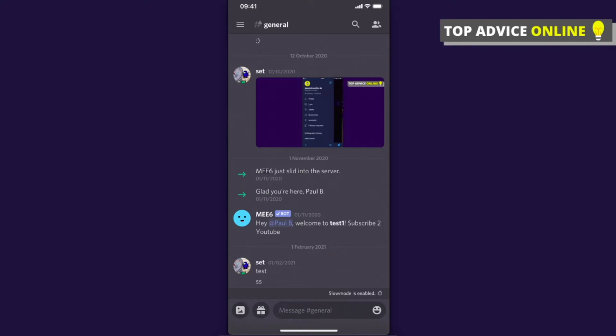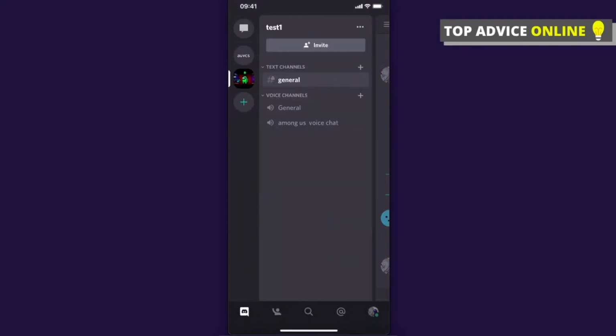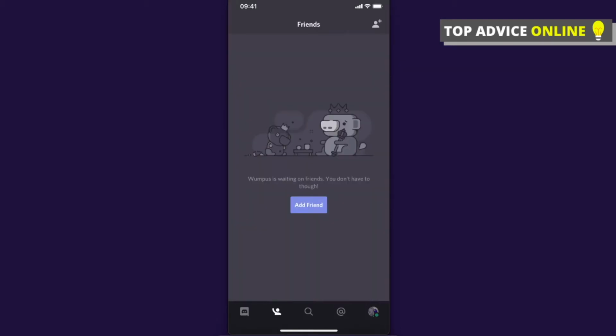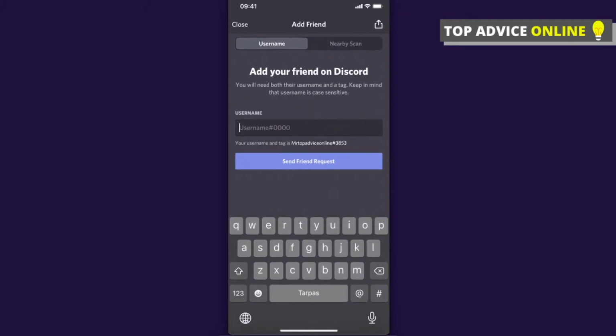So what you need to do here, you need to press on three horizontal lines that is on the top left, and then as you can see on the bottom there is a little emoji, basically a stickman, and what you need to do here, you need to press on it, and here you can press the blue button to add friend, or you can simply on the top right press a little person icon with a plus sign, and here you need